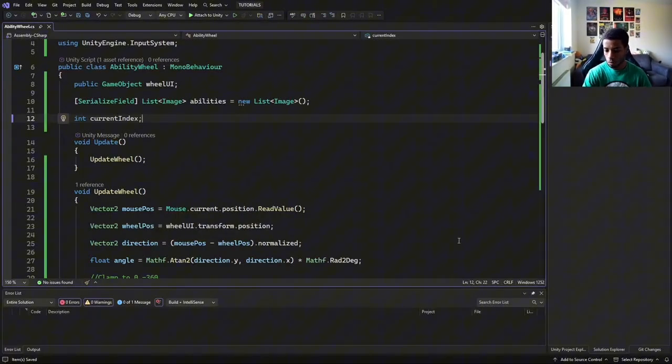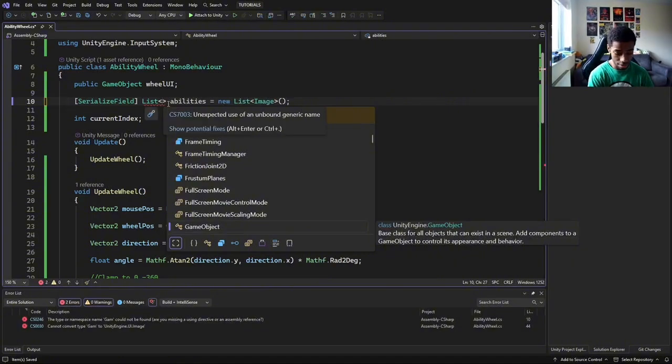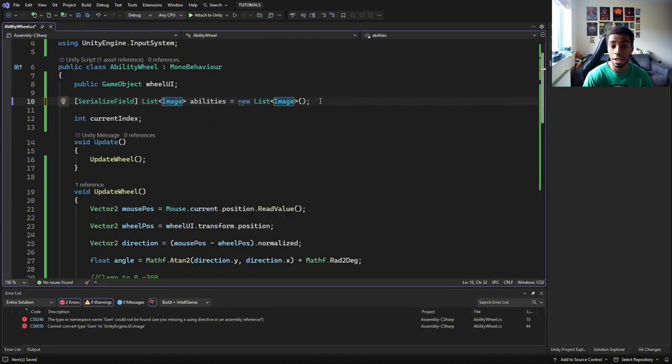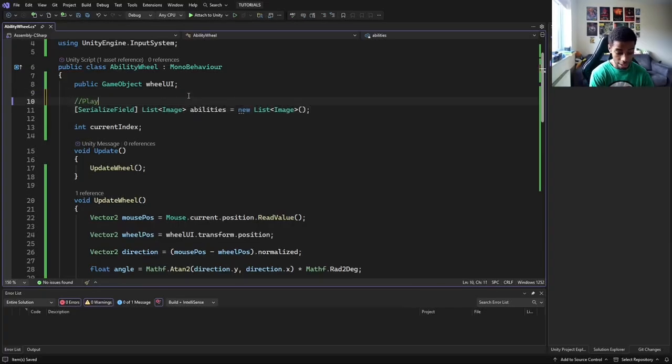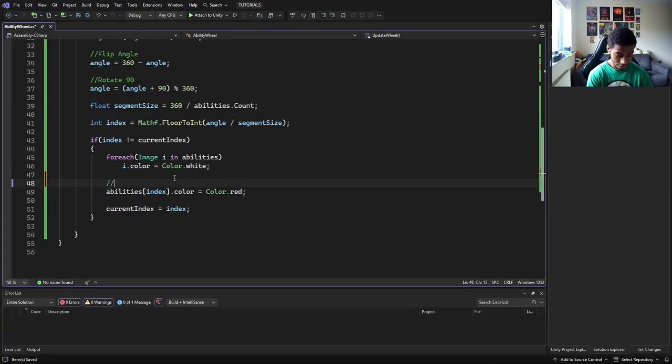But basically, instead of an image here, you might have a reference to maybe a game object which has an ability on it, maybe like fireball, and then you would have a reference to your player abilities component, and then here, instead of setting the color, you would do something like